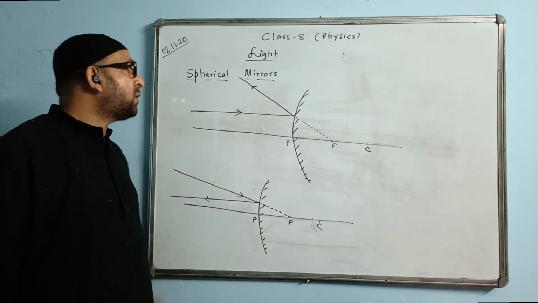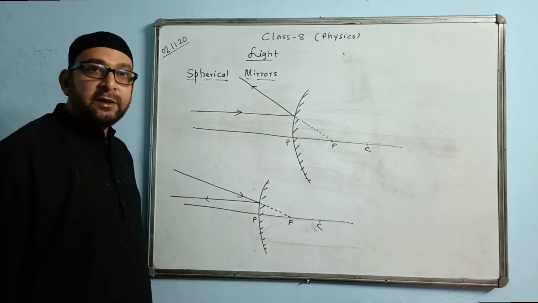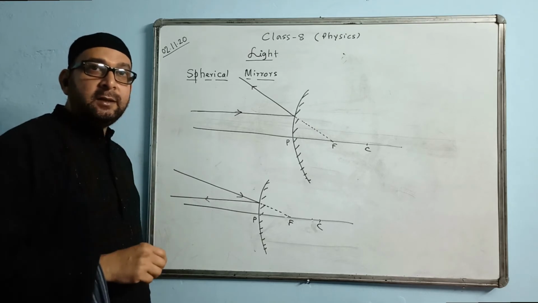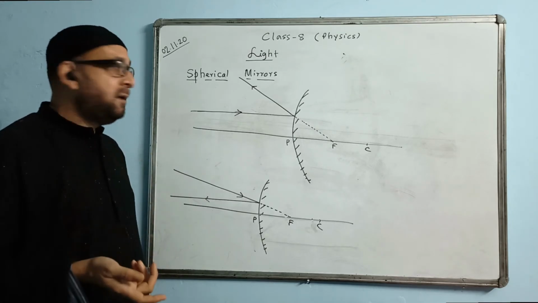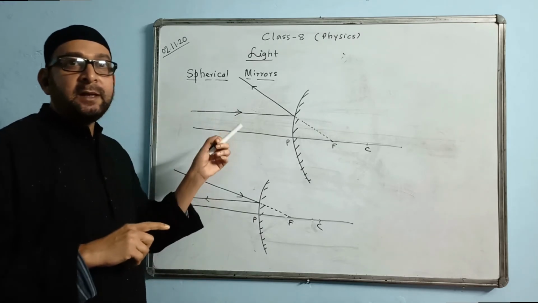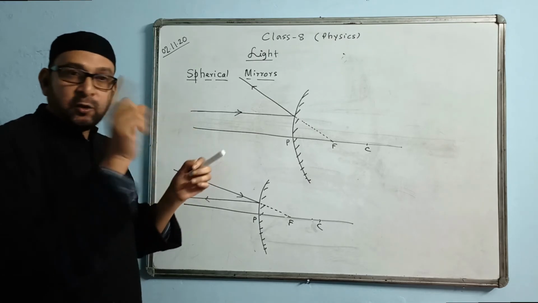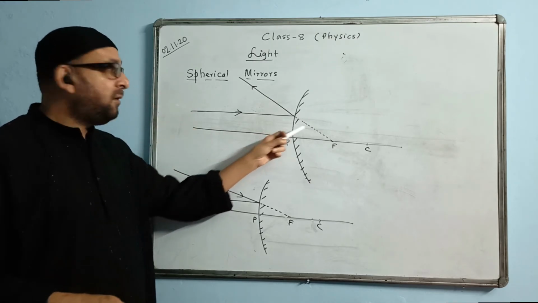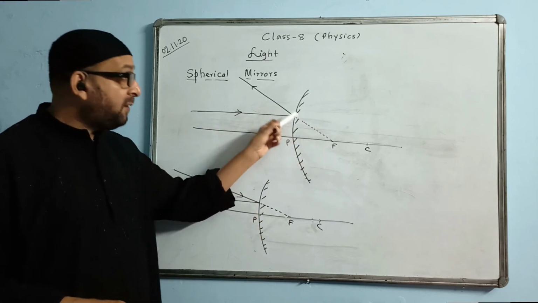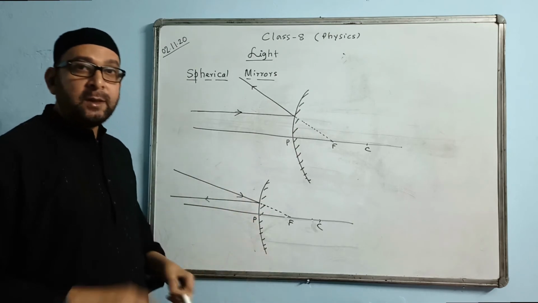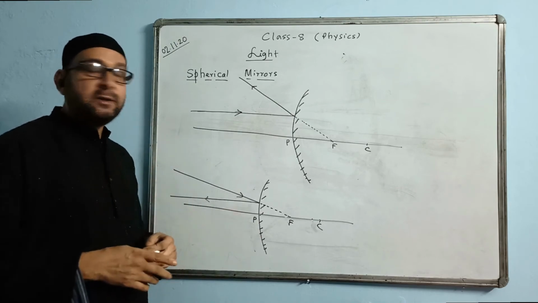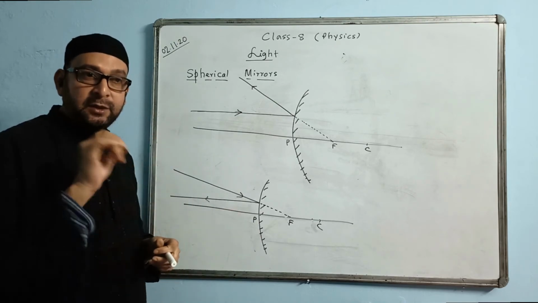What is the general definition of the focus of a spherical mirror? If the general definition is asked, we are not talking about which kind of mirror. The question doesn't say whether the mirror is concave or convex. If a specific mirror is given, then you have to give a specific definition. A concave mirror has a real focus, where the ray will actually pass. If it is a convex mirror, we will remember either of these diagrams, because here the focus is virtual and the ray will appear to pass, not actually pass. So we will follow one of these diagrams and give the proper definition of a particular kind of mirror if it is mentioned in the question.